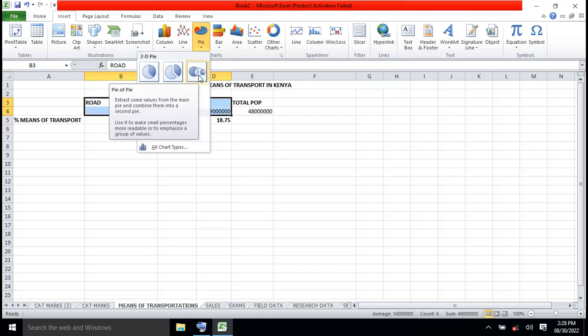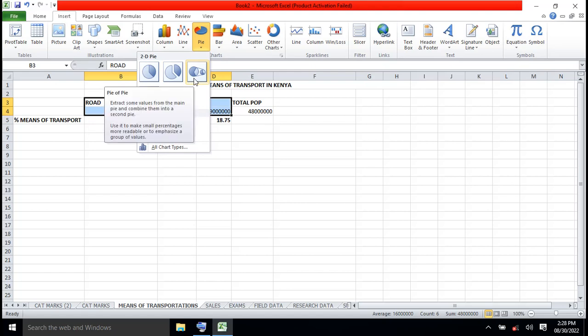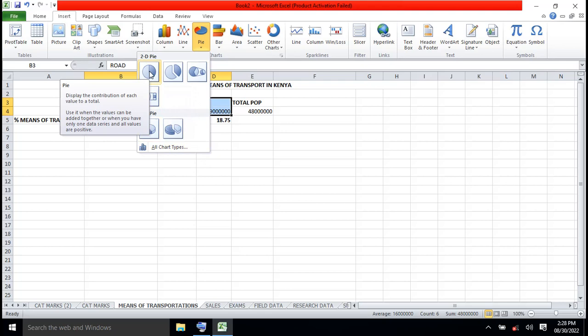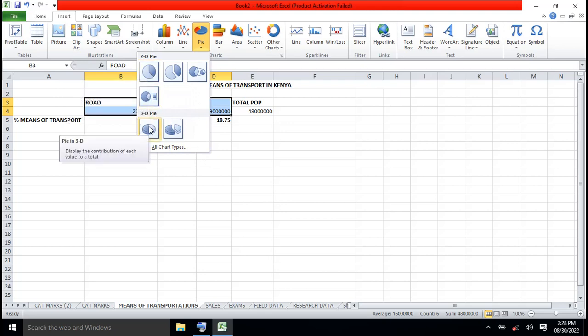And you also have this one which is pie to pie. This one says extract some values from the main pie and combine them in a second pie. We are interested in a simple pie chart like this one or this one. Let's do a 3D pie chart. Okay, so we're going to pick 3D,